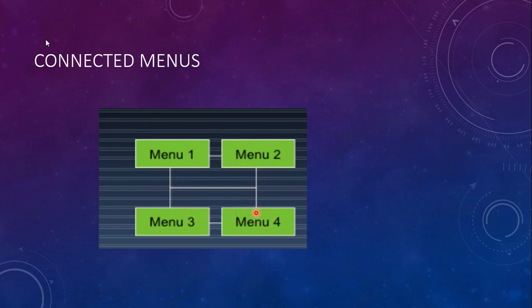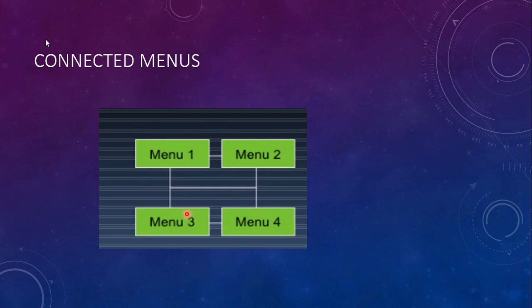The biggest advantage of this kind of menu list, or connected menu, is it gives full control over navigation flow. So you can move anywhere from one link to another link. That is one of the advantages here. But there is a disadvantage.